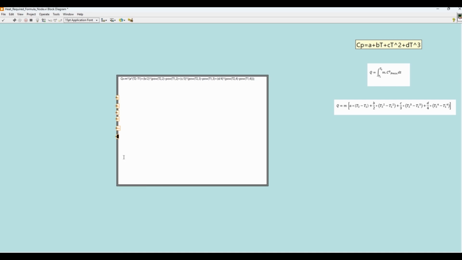And on this side we have the output, this is Q. So the formula node part is over.